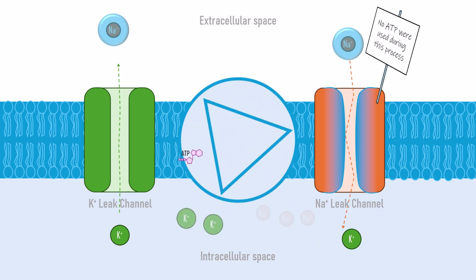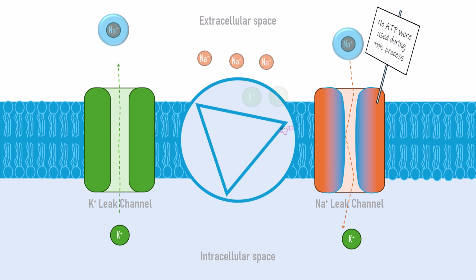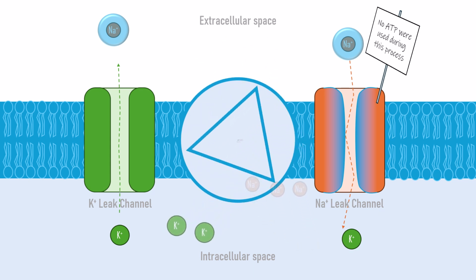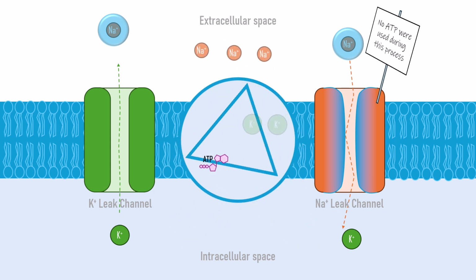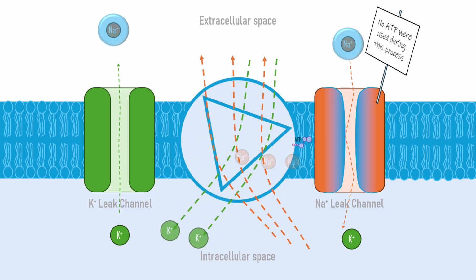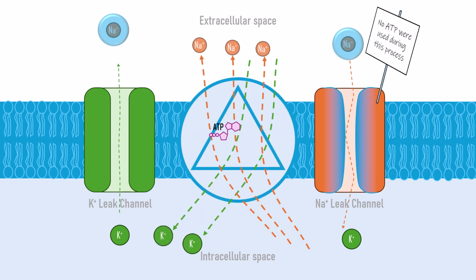This gradient was achieved by the pump previously, using ATP to bring the ion to the state where it is, so that energy is now only being returned. ATP is the main metabolic energy currency, but it's not the only source of usable free energy in the cell. So even though it uses energy for partial dehydration of the sodium ion, the channel is considered passive because it